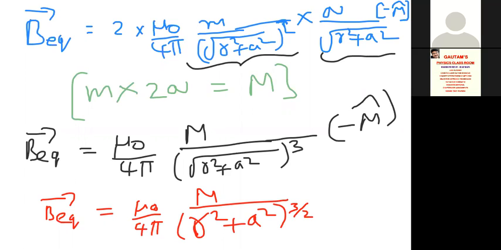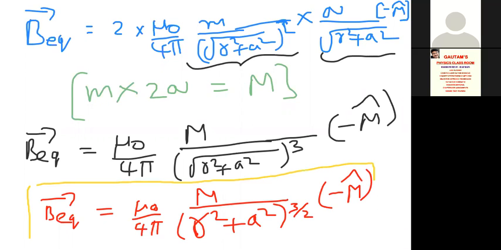So 3 by 2 into minus m cap. This is the expression for the equatorial line. I hope you are clear with this equatorial line expression, how to handle the equatorial line. Now let me write this equatorial line expression on a fresh page. Now observe carefully here. What I am doing is taking the B equatorial